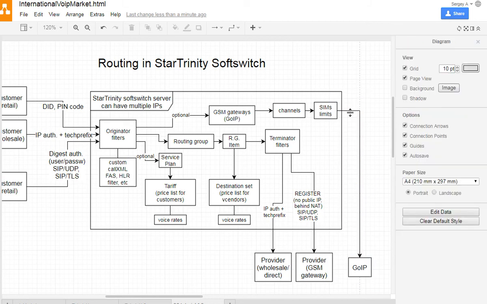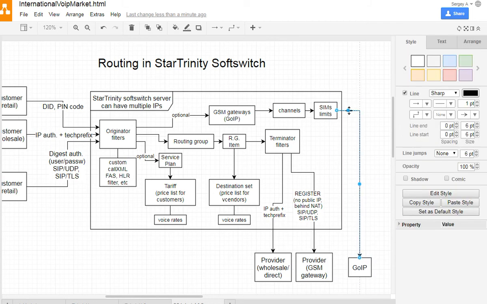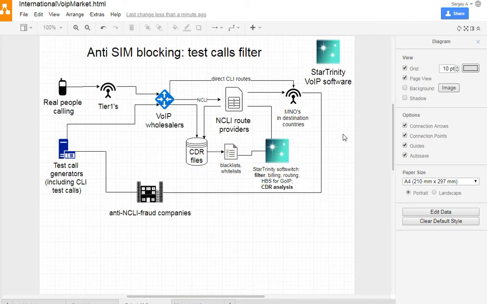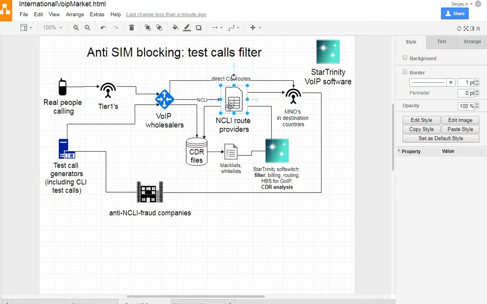But well, there are more expensive gateways. GoIP is the cheapest one, just a very cheap gateway, and more complex gateways have more features for human behavior simulation. The main thing that should be done in Softswitch is filtering of test calls,